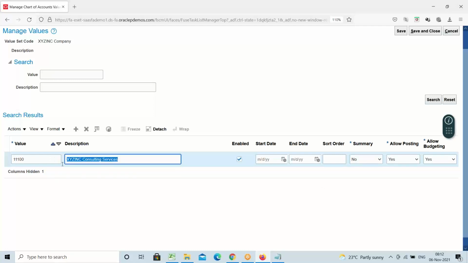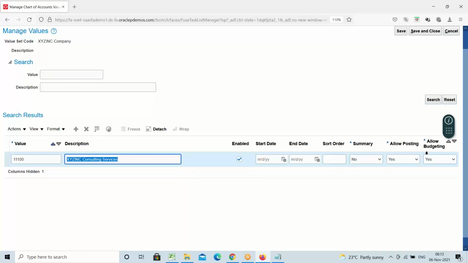So when you set this as no, that means you want to record the transactions with this. When you record the transaction, definitely that information we have to process and use the data for reporting purpose. If you want to process the data and use this company related data for reporting purpose, allow posting should be yes. Okay, allow posting should be yes. If allow posting is yes, then only the transactions we created with this company can be used for